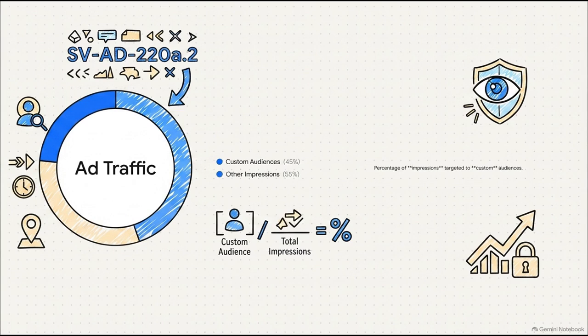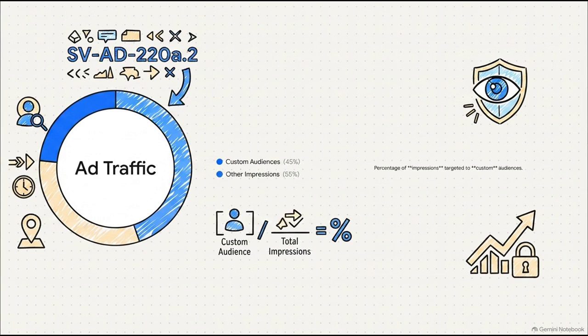And notice, we see a shift to the quantitative. This metric forces companies to reveal a hard number, the exact percentage of online advertising impressions targeted to custom audiences. Now, an impression is just a measure of how many times an ad is seen or heard online. A custom audience means that ad was targeted based on all that demographic, behavioral, and location data we just talked about. The math is super simple, but it is incredibly revealing.